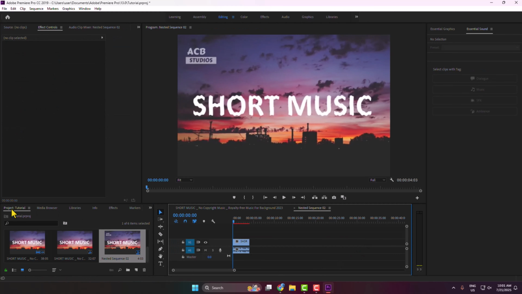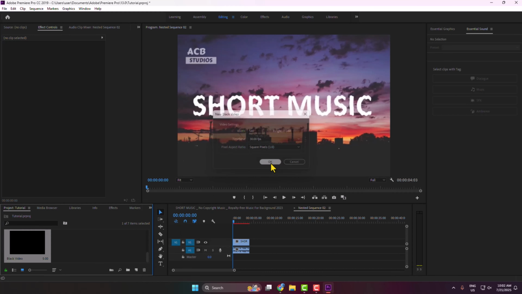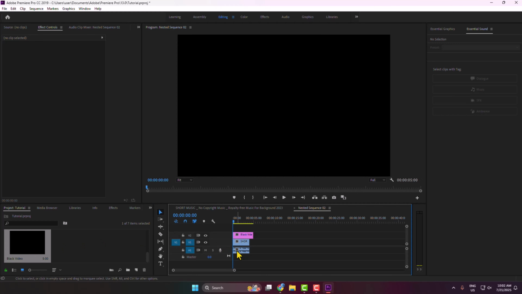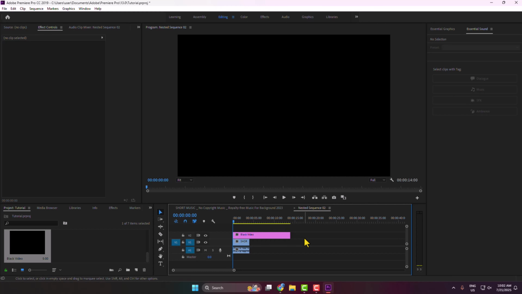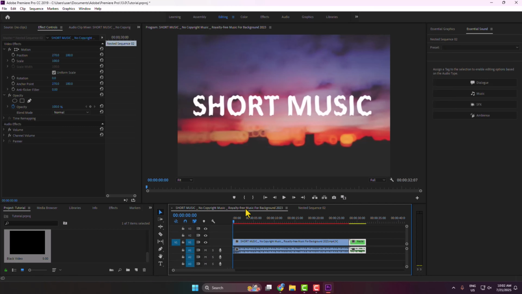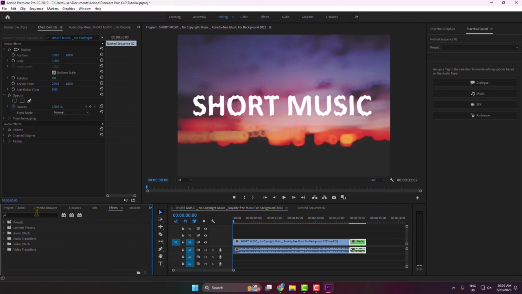and then from project panel click on this new item and add black video. Click on OK and drag the black video layer above the audio clip and increase the black video length just like this. After that, go back to your main sequence and go to effects and search here